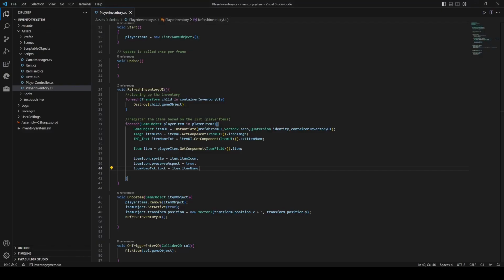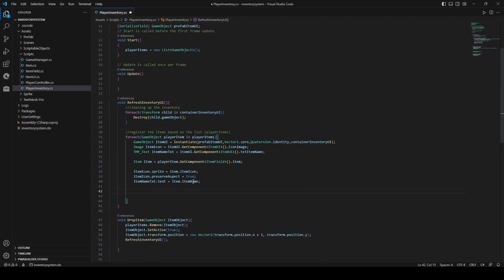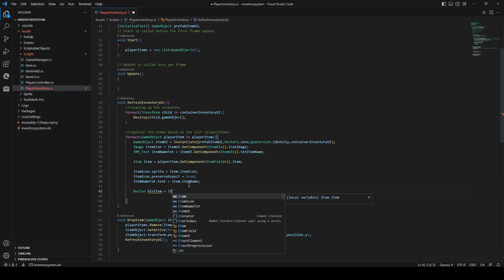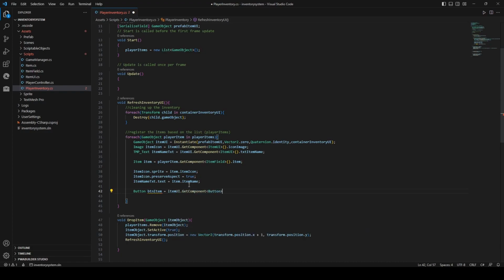Okay, let's just assign the function when we instantiate the button. It's here, and let's define our button. Button item is equals to item UI dot get component button. We have already added the button, so it will be fine. So the next one is,